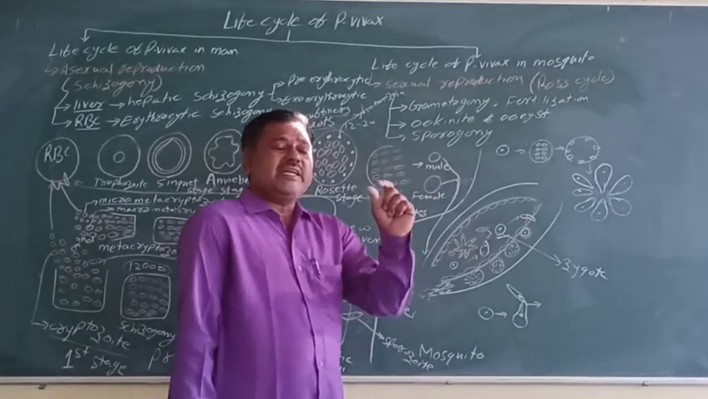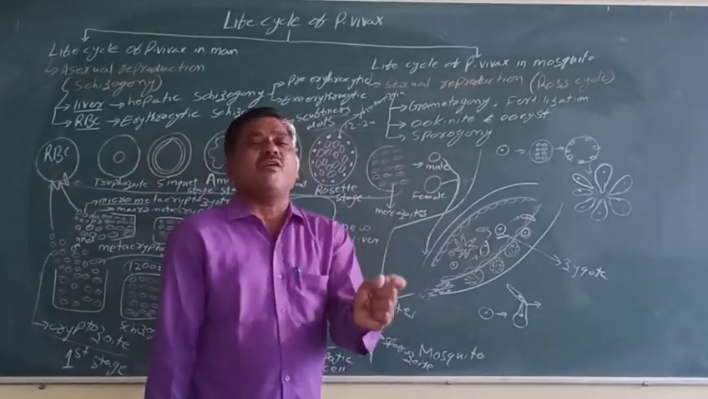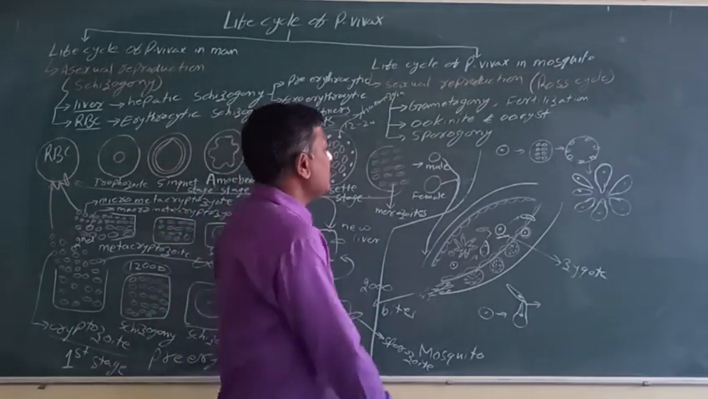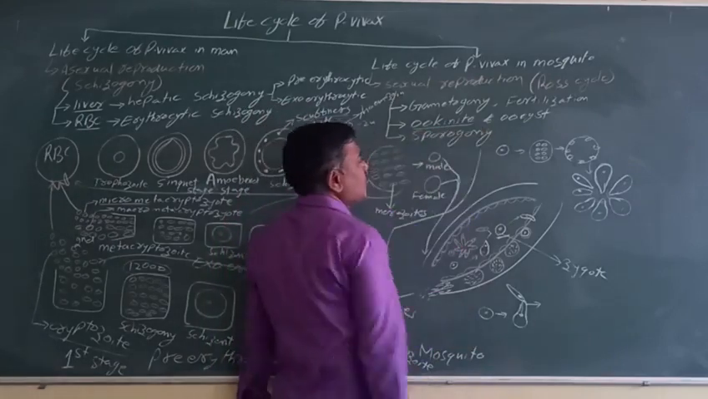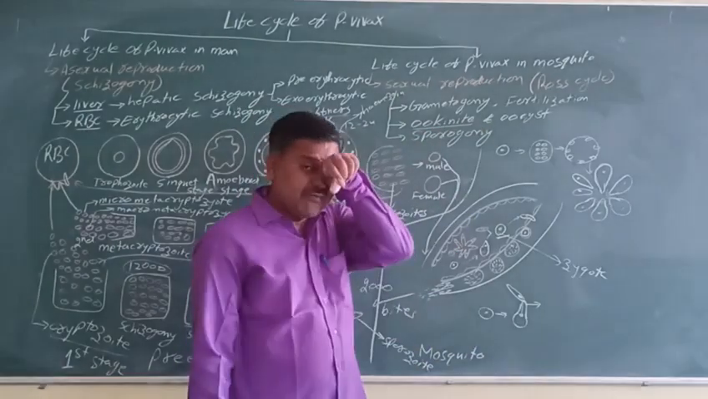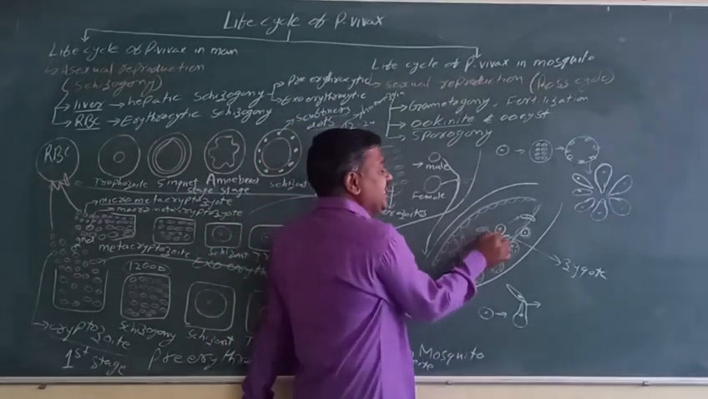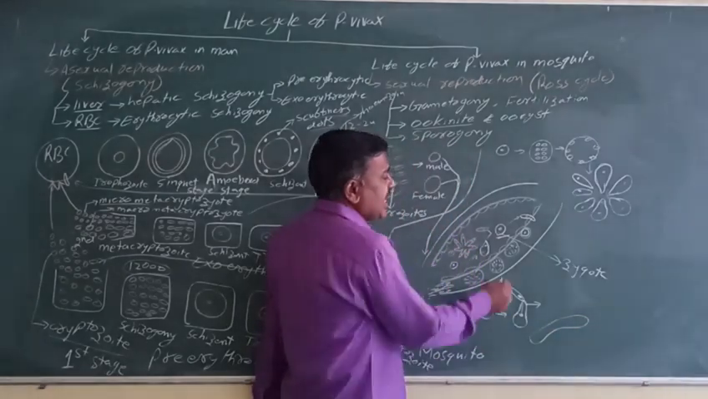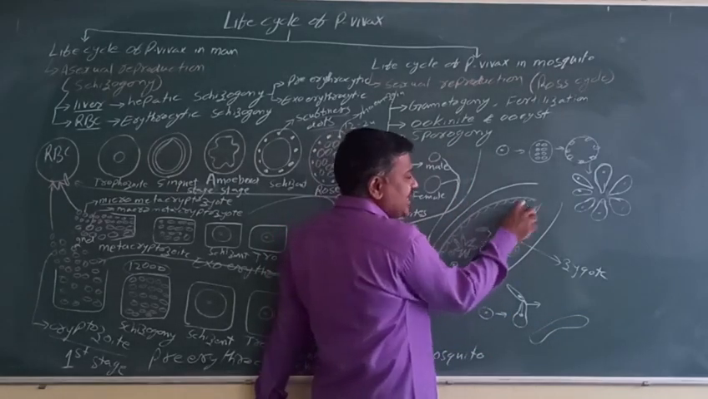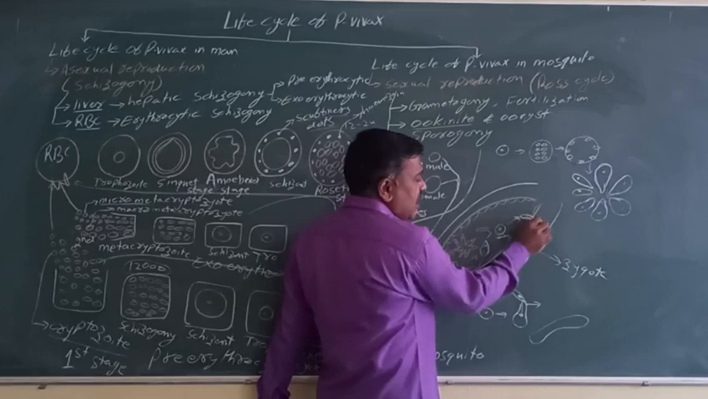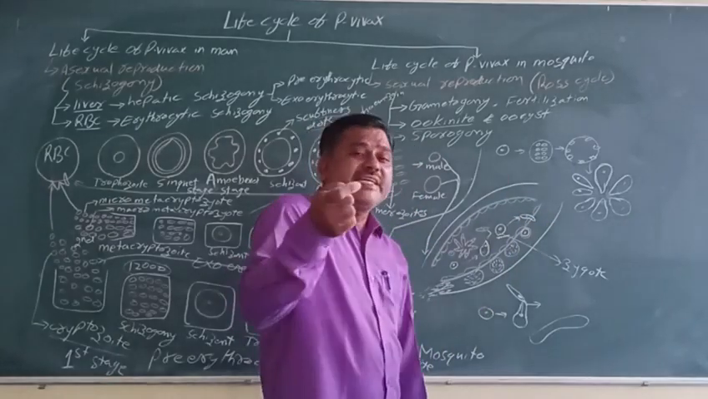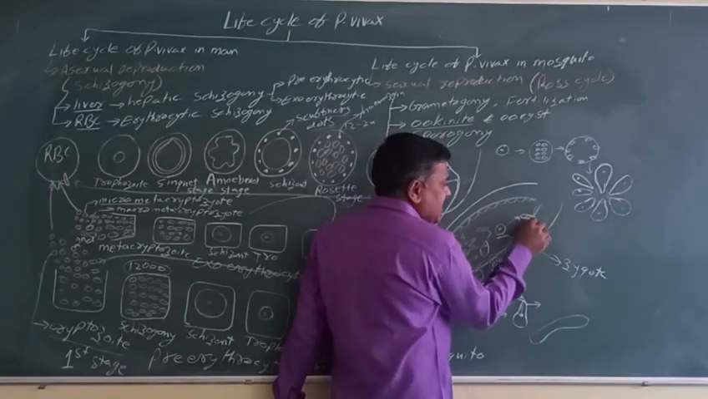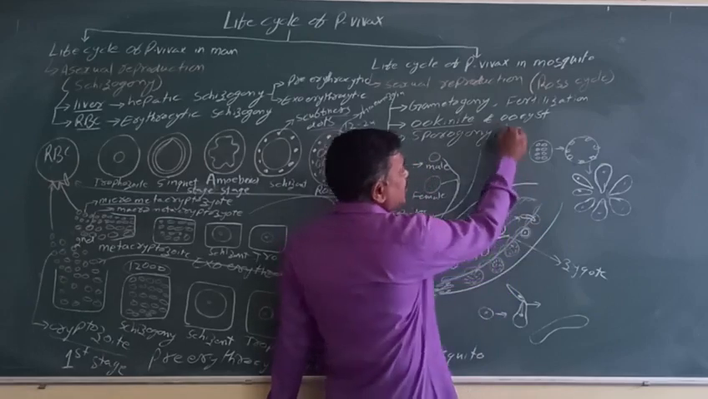Now this zygote remains as it is for a few hours. Later on, it goes for formation of the oocyst. This zygote changes its structure. It becomes a long elongated structure and it moves inside the crop wall and comes out, and this is responsible for forming